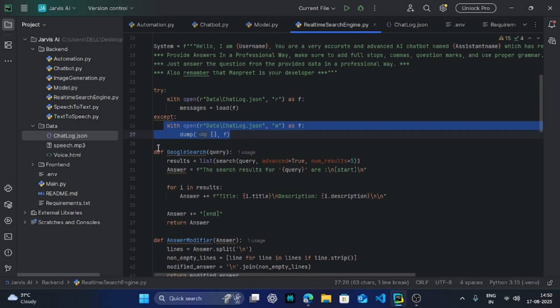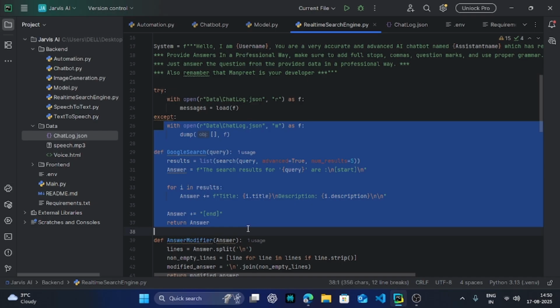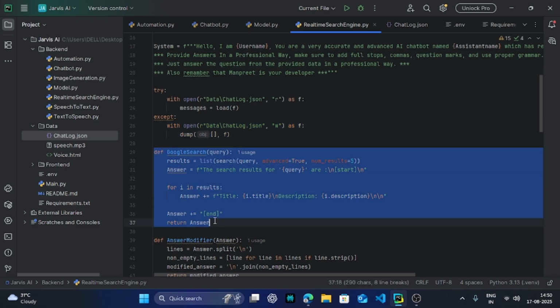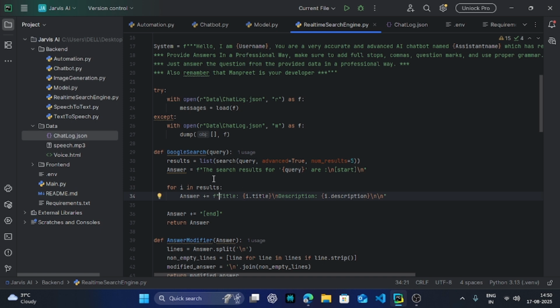Then we created a function, google search. This function will normally search in Google, and as you can see, these are the results.